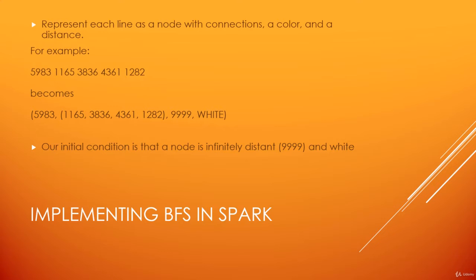The next element in our tuple will represent the distance associated with this node from the character that we're measuring distance from. And initially, we set that to infinity. There's no way to really represent infinity here, so we'll just set it to a really large number. In this case, 9999 will be our stand-in for infinity as the initial distance value. And we need to associate a color. Remember, our nodes could be white, gray, or black, where white represents an unexplored node, gray represents a node that needs to be explored, and black is a node that's already been explored. So initially, every node is white. So that's an example of how we can represent these lines in a format that is consistent with our concept of nodes in a breadth first search.